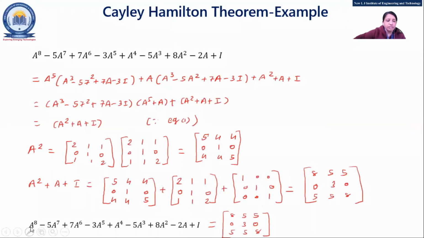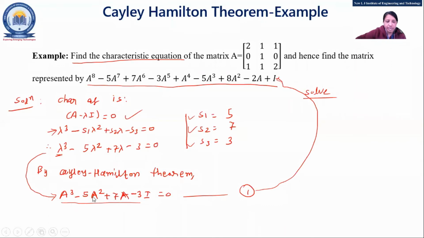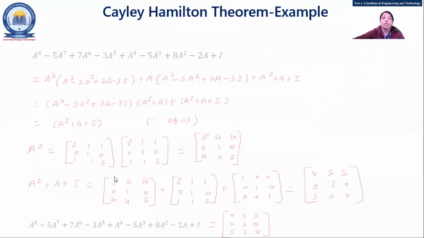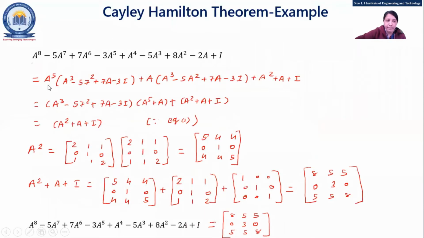So this is what I'll just change the color. So see, A raised to 8 minus 5A7. Okay. So we are going to try to take some common thing from this equation. So we can build our characteristic equation. This is our characteristic equation, right? So from the given whole equation, we'll try to take some common part and we'll try to convert it into what? The characteristic equation. Take A5 as common. So we will be having what? From this A5 common up to this, you will be having this.